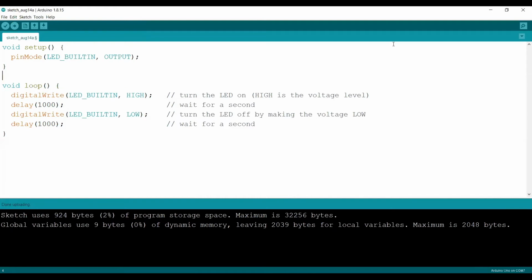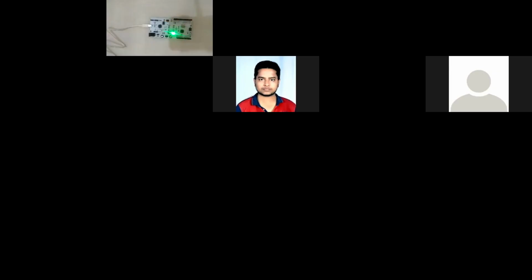So I hope you are able to see it. If you see the camera, you can see that there is an orange light blinking. So these boards have an inbuilt LED too. If you don't have an LED, you can use this inbuilt LED too. It is blinking currently at an interval of 1 second. Even if I connect an external LED, it will blink this LED.